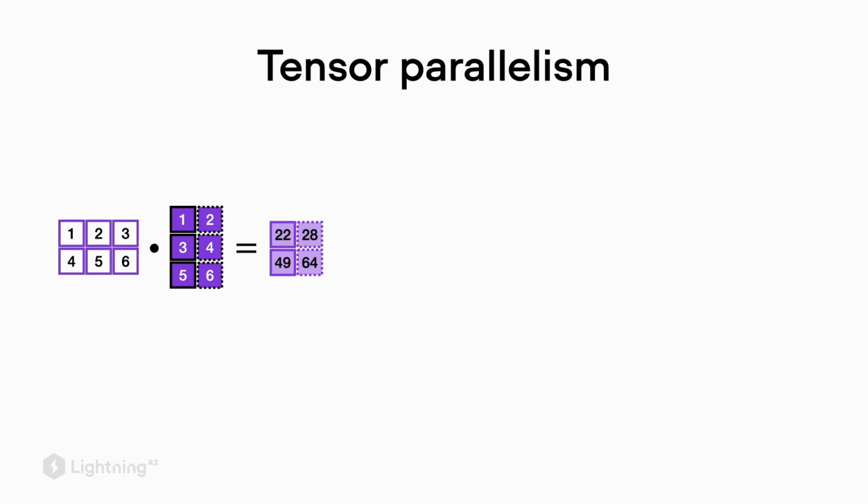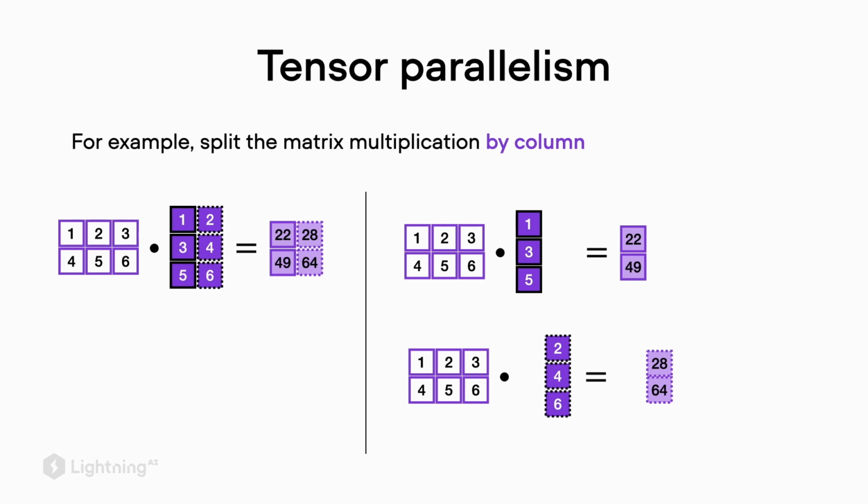To illustrate the concept, think of matrix multiplication. Here I have an example where I'm multiplying a 2×3 with a 3×2 matrix. If the matrix on the right consists of two columns, we can split that into two matrix multiplication problems that we can carry out in parallel. So here we multiply the matrix on the left with the first and with the second column vector separately. And then once we have carried out this computation, we can concatenate these two results to obtain the original result that we would get when we multiplied the two matrices. And you can see we can carry out these two computations in parallel, which makes us very efficient as